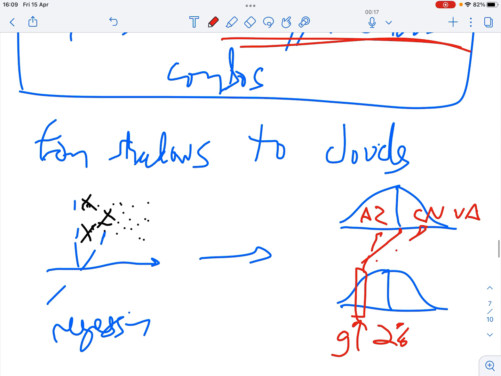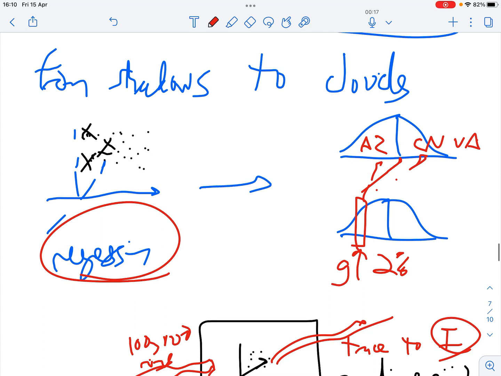So the way that we have addressed this problem in the last 20, 30 years, where the other social sciences have failed to keep up, is moving from regression to, let's call it, a Bayesian or a statistical approach.